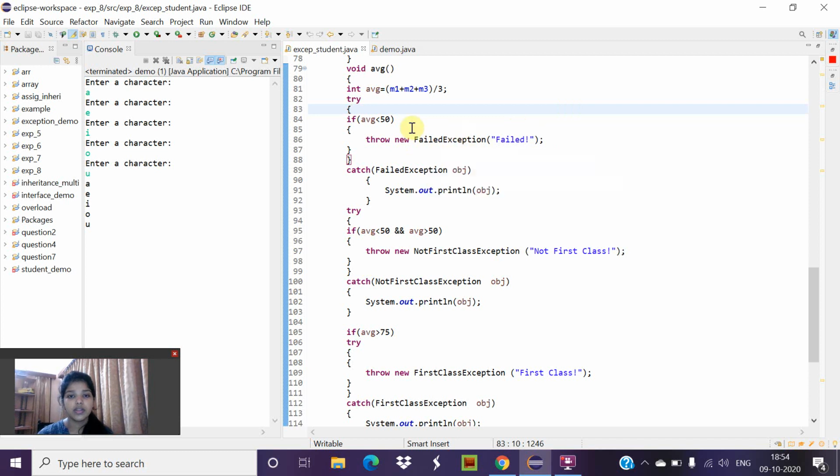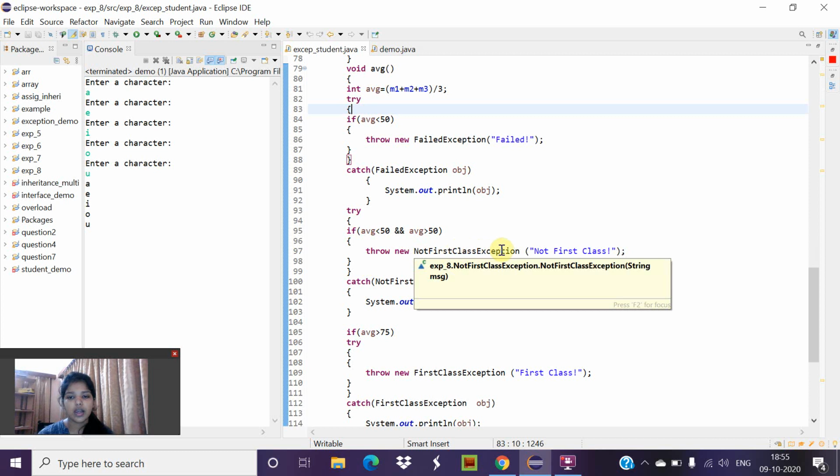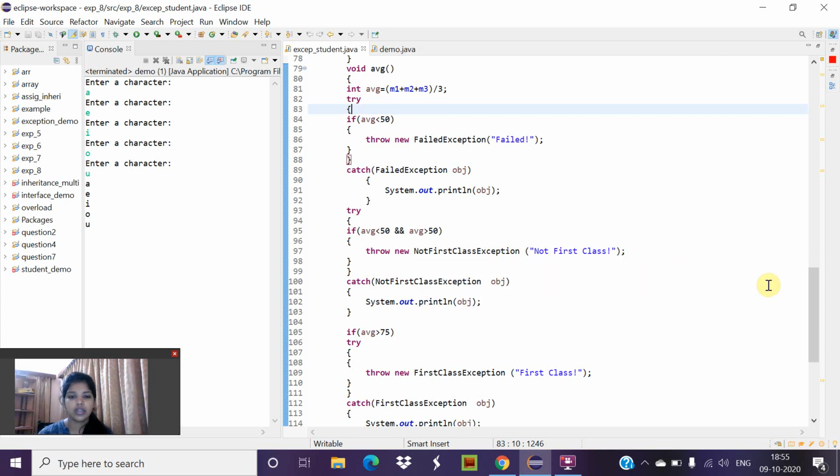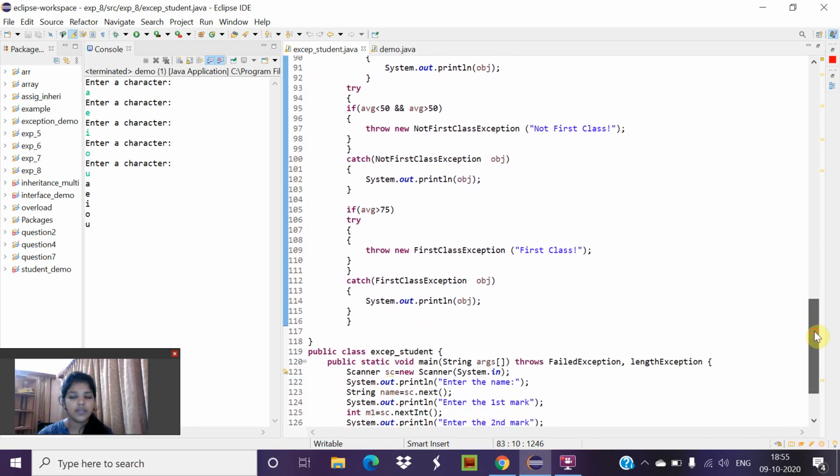If so, it will throw a new FailedException and print failed, and catch declares the particular exception, that is FailedException. Then, in another try block, we are checking another condition, whether average is less than 75 and greater than 50. If these two conditions are true, then it will throw a new NotFirstClassException and print not first class, followed by a catch block. It will declare this particular exception, that is NotFirstClassException.